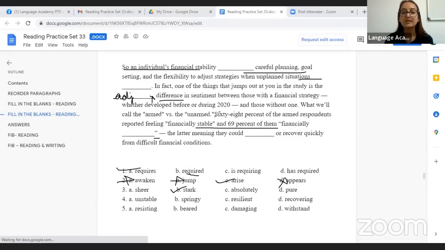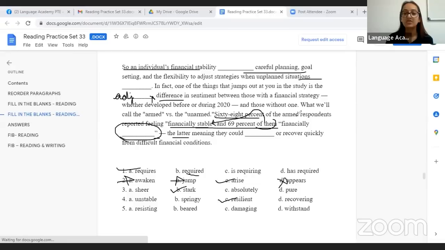They said 68% of them are feeling financially stable, and 69% of them means of these people only. 69% of those feeling financially stable, they said they are feeling financially dash. Even if we don't understand this, they say the latter, meaning they could recover quickly from difficult conditions. So this word means they would recover quickly, and we are writing unstable. A financially unstable person means that he can recover quickly. So the answer was